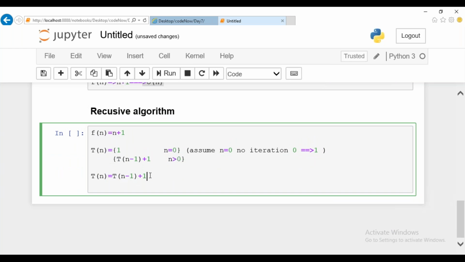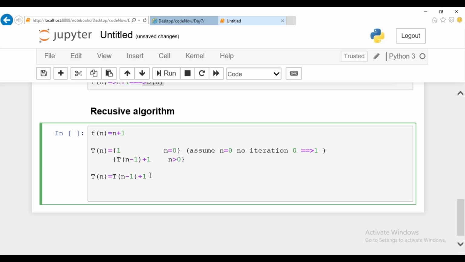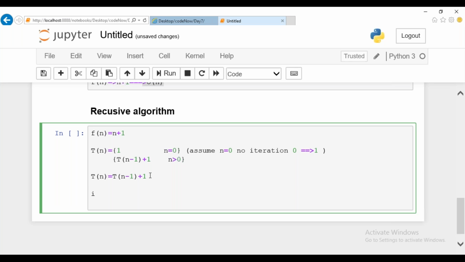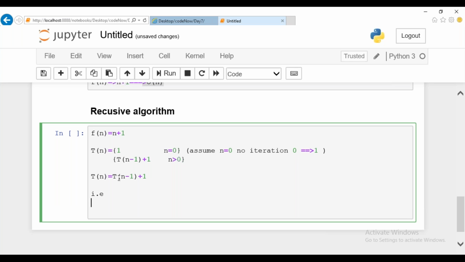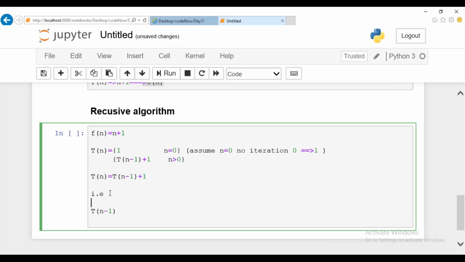Now we are going to solve this particular expression to find out big O. So how to solve this one? What are the elements we know from this program? Let me write here, guys. I know that T of n is equal to T of n minus 1 plus 1. If we want to evaluate this expression, I should know the value of T of n minus 1. So just assume you are going to add minus 1 to this expression. Just assume this is your original expression.